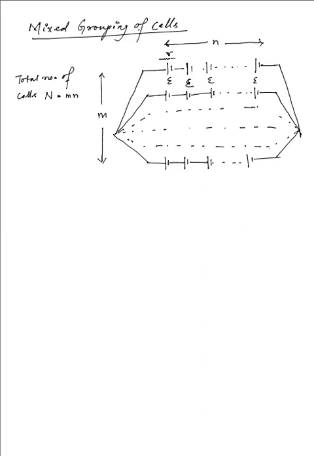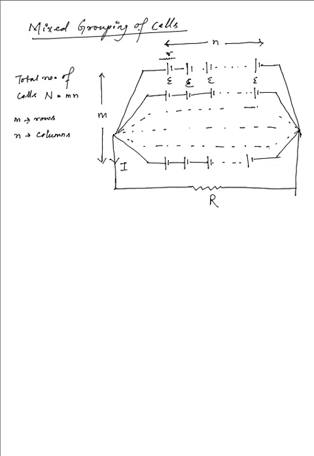So m being the rows and n being the number of columns, and this entire thing has an external arrangement with an external resistance R, and obviously we'll have some current